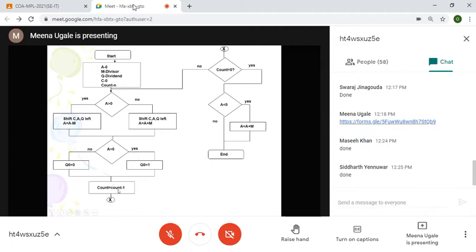Count equal to count minus 1. Check whether count is equal to 0. If no, that means count is still existing. You need to repeat a few more cycles, go back. Now some value of A you got now, check for that value whether it is greater than or equal to